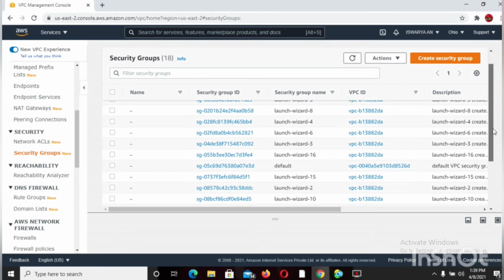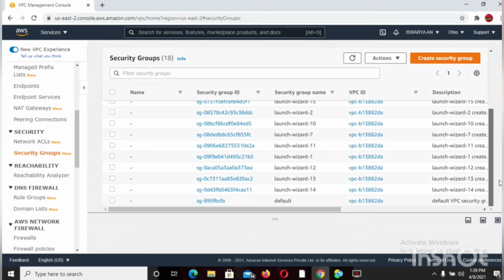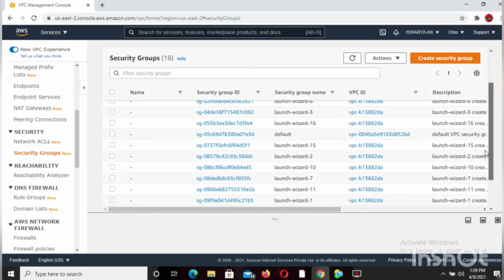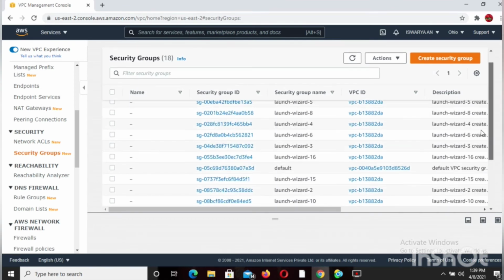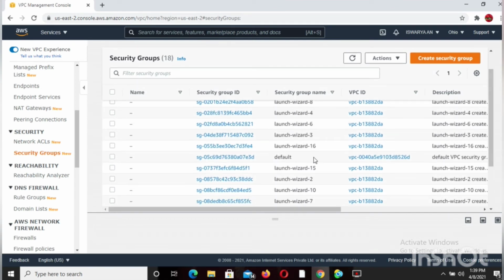We select it with the VPC ID. By searching the VPC ID, we can rename it. Our VPC is my demo VPC, and we rename that security group as my demo SG.